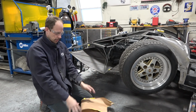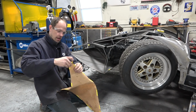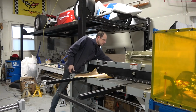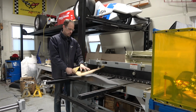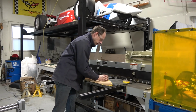Take this piece from the other side. Now this is not perfect, but I just held it in place and looked at it and memorized it, so that when I put this down on the steel, I can just draw what I saw. I wonder if it'll fit on this. Oh, it does. Holy crap. Look. So, okay, so this is the curve. I need it to be bigger, so I'm just gonna